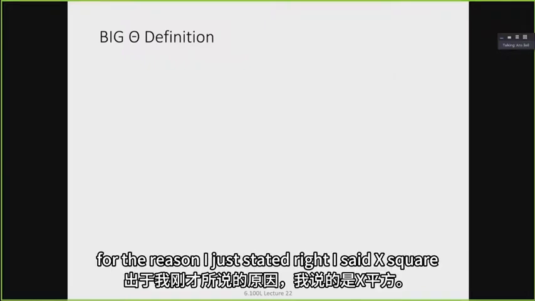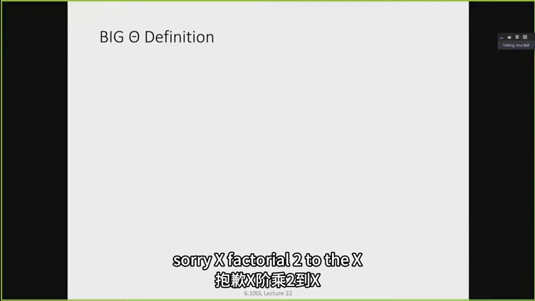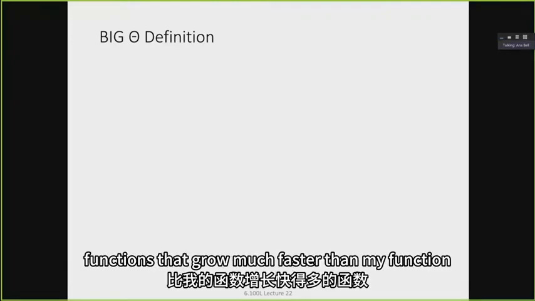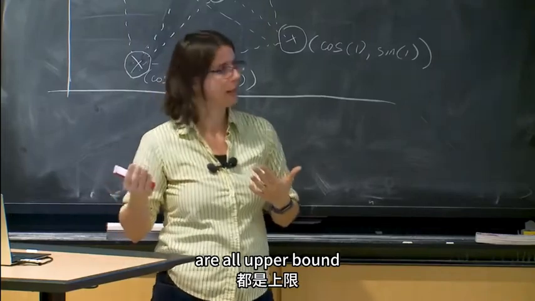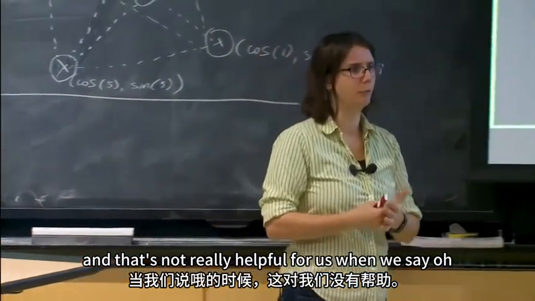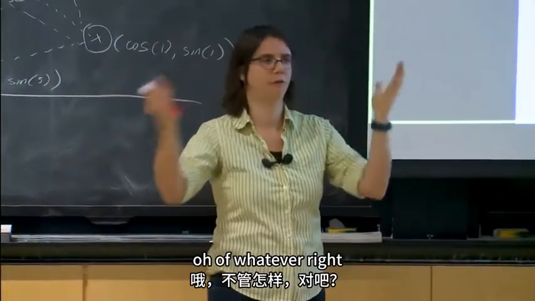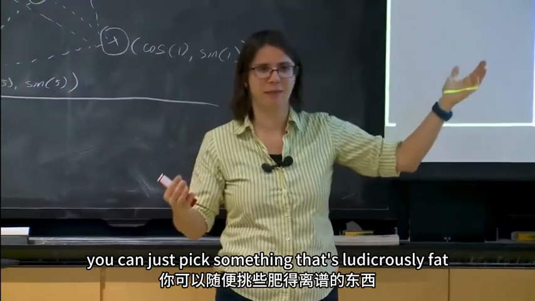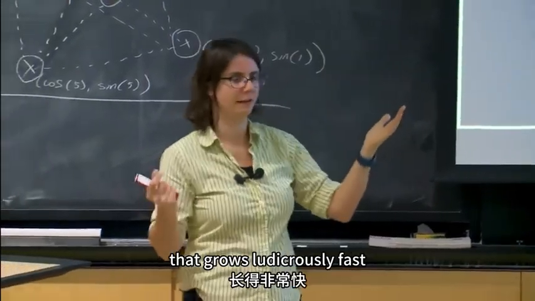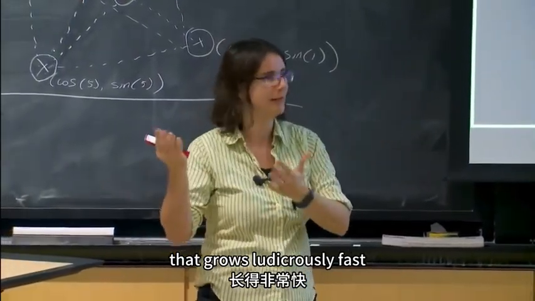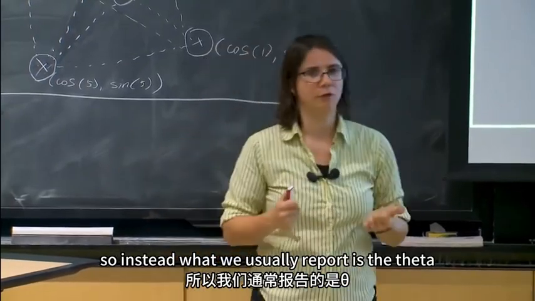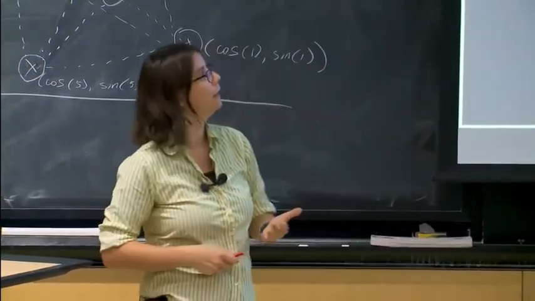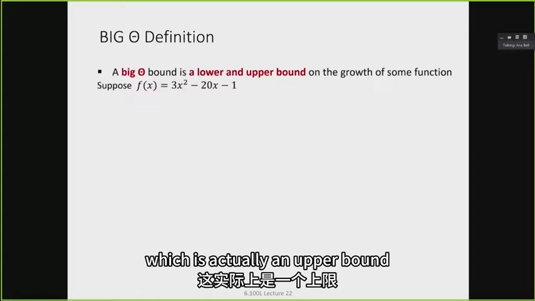For the reason I just stated, right? I said x factorial, 2 to the x, all of these functions that grow much faster than my function are all upper bounds. And that's not really helpful for us when we say, oh, this function is big O of whatever, right? Because you can just pick something that grows ludicrously fast and say that has no meaning. So instead, what we usually report is the theta, which is actually an upper bound and a lower bound